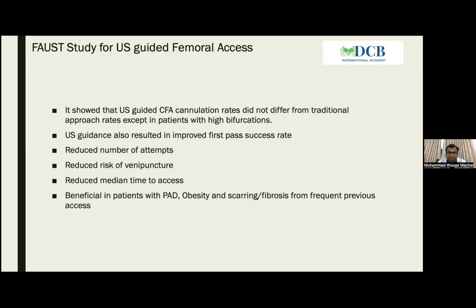The problem now is that in the world, not only in Europe, in the vast majority of centers, there is a transradial approach in more than 90% of the cases. This means that the physicians are not experienced with a transfemoral approach. You have young physicians that come and do their first 100 PCI with a transradial approach, so they cannot manage a transfemoral approach. This is why it is very important to understand